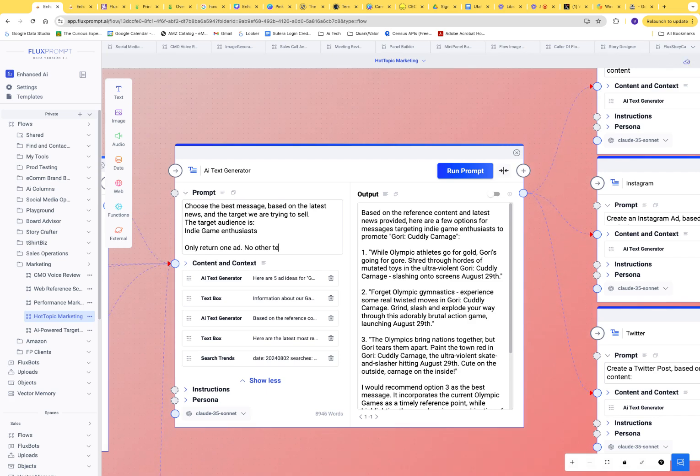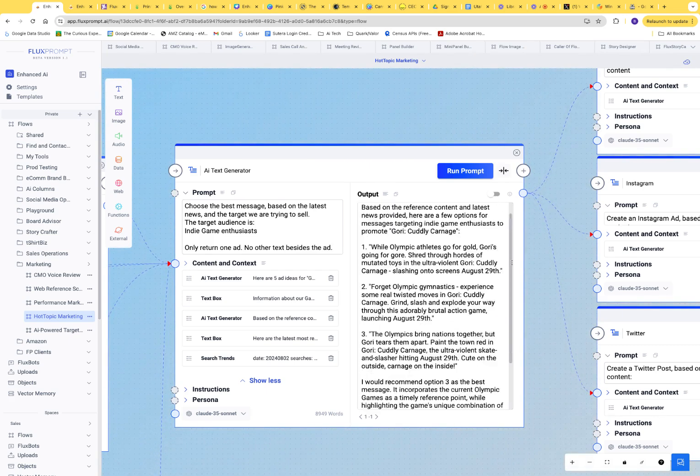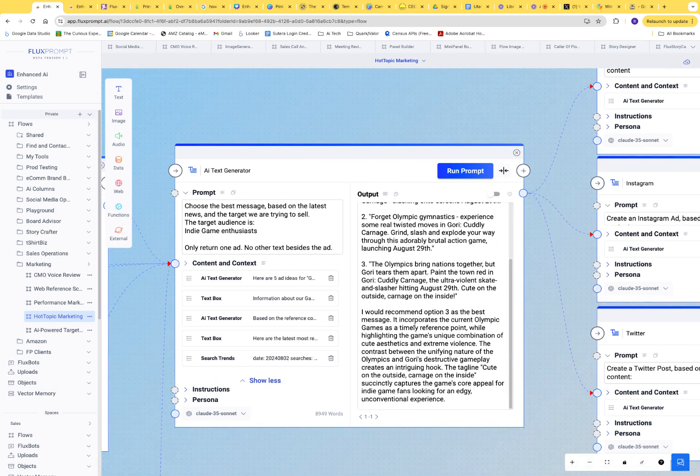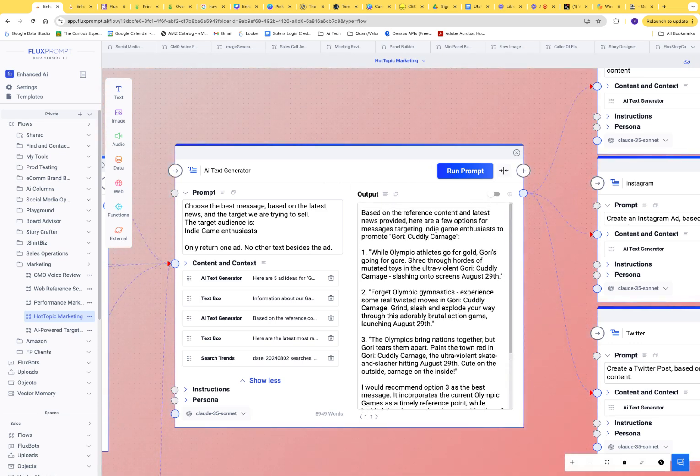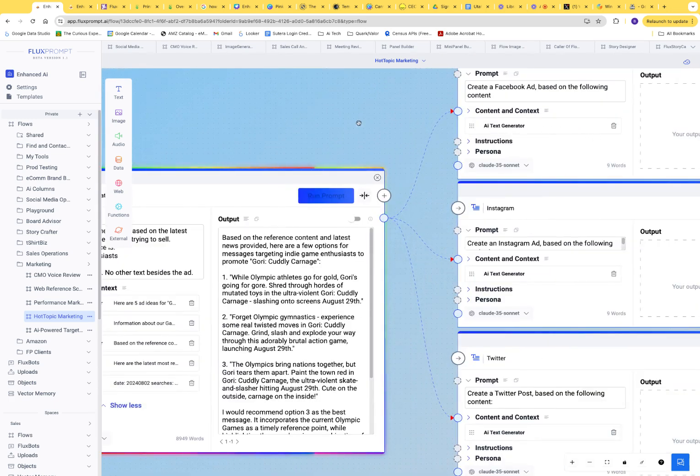No other text besides the ad. The reason I did that is, look, it gave me 3 different ads. I don't want 3. Option 3 is the best. I don't want it to talk to me either. I just want an ad. So I said only return one ad, no other text besides the ad. So hopefully it kind of gets it, that it won't give me this precursor text, because what I'm doing is I'm chaining this directly into the next